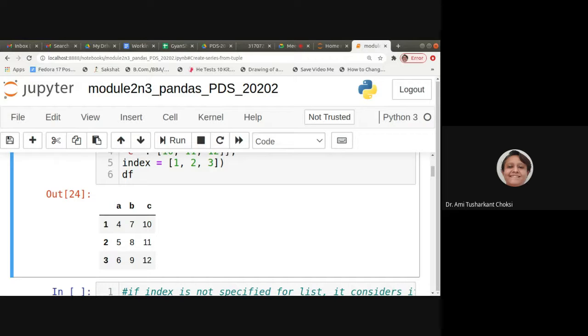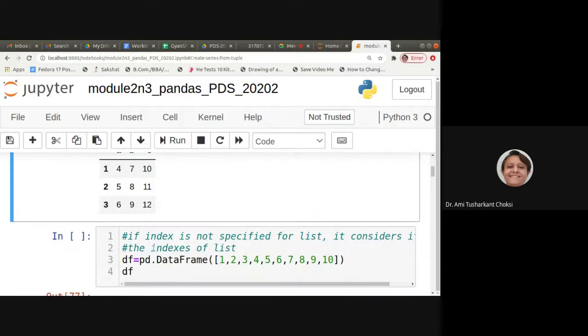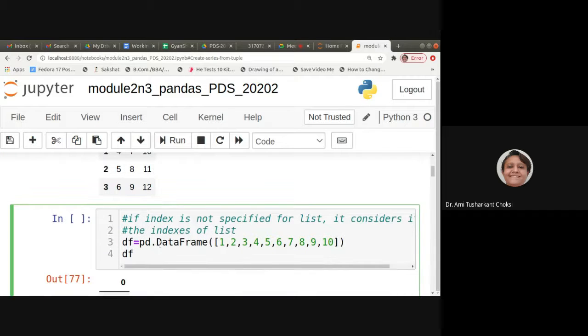Or you can say it is something like our Excel sheet, or something like our SQL data, isn't it? Now, if the index is not specified and we are using a list, what we are creating is a data frame, right?